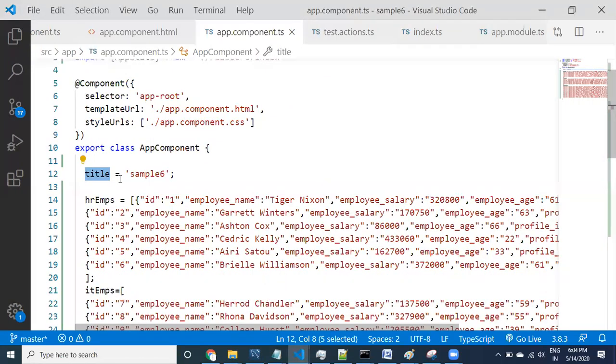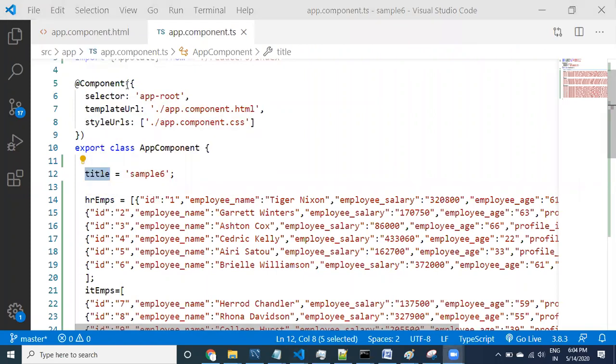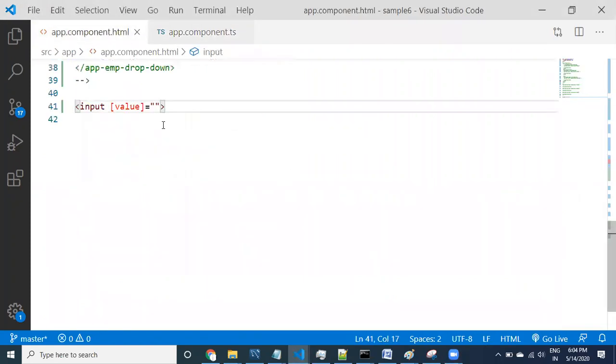Let us take the property title. See here, guys, there is a property called title, right? This is very simple, we know that. Let us close all other things. This is the property I have provided.